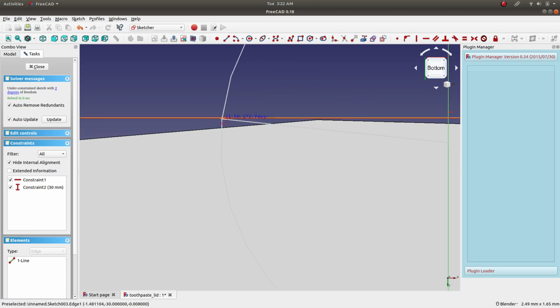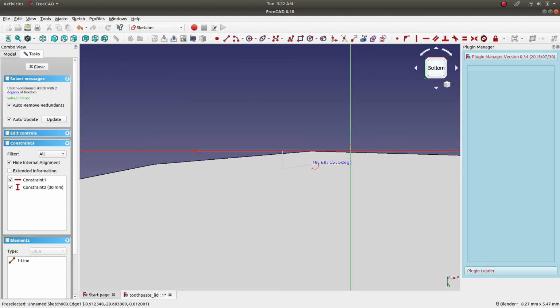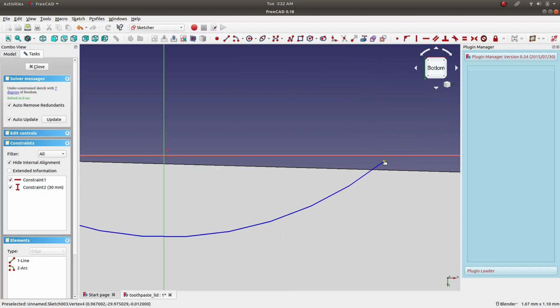Here we just hover over this. You can see the color turning. We have to somehow put the center of this far out. Let's put it here somewhere. I think that's better. From here to here, now we have an arc. Let's select the endpoint and select our reference line